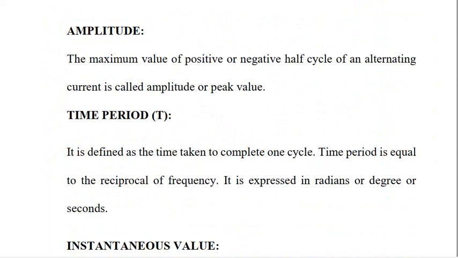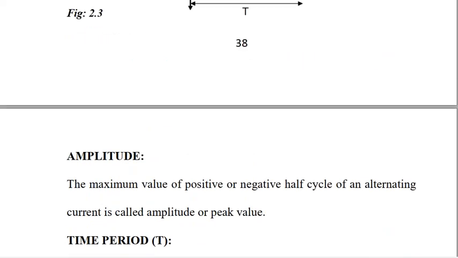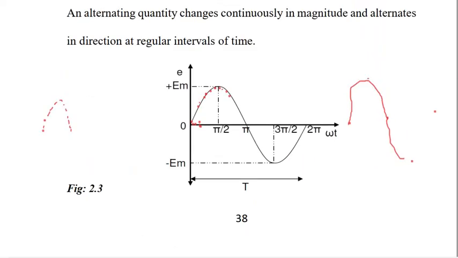Now coming to the amplitude. You know amplitude is nothing but the maximum value of a positive or a negative half cycle. How much value you are getting, that is nothing but your maximum value. So we only have to calculate one. From 0 to the highest value, that is your maximum value. I will mark it using the graph. For example, if I calculate here, this is your maximum value for this time period. Similarly, for this time period, this is your maximum value.